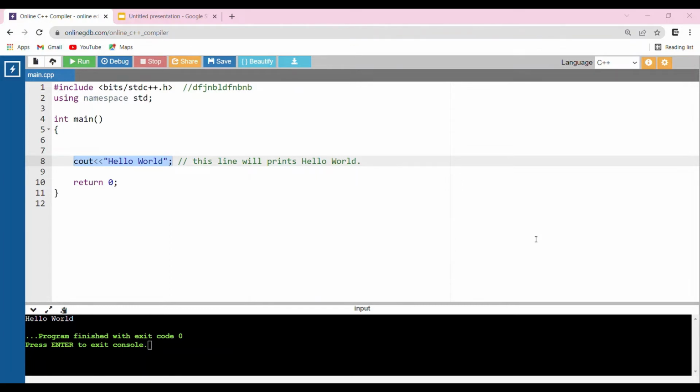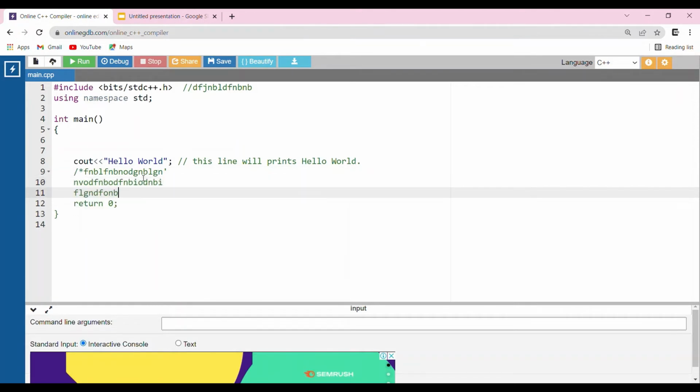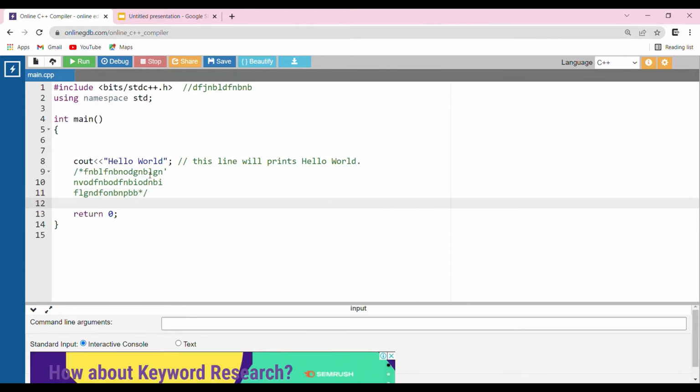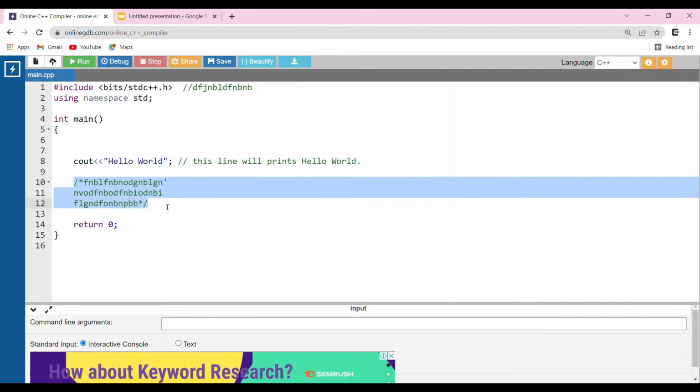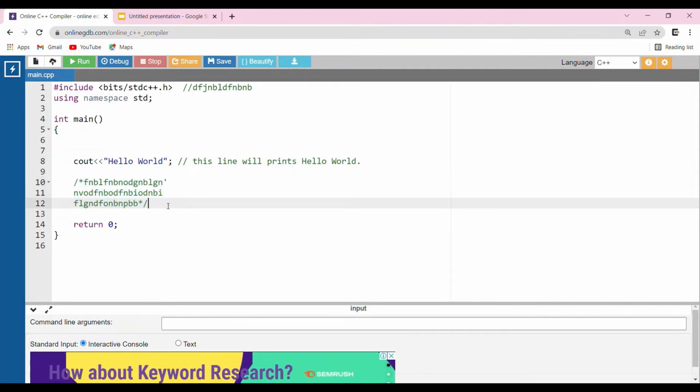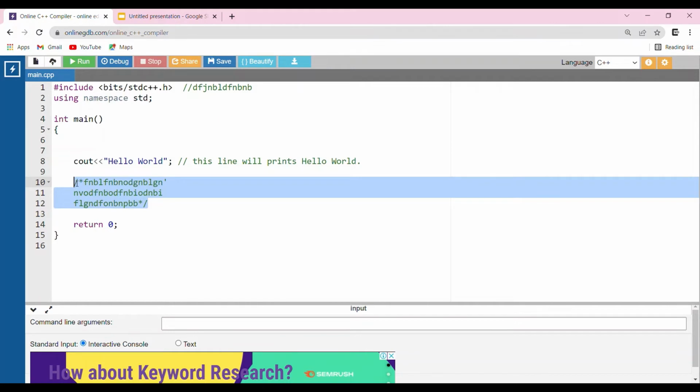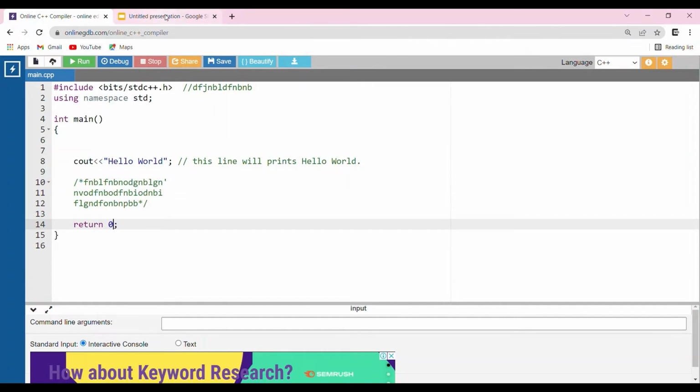Okay guys, now you know how to comment a single line. Then how to comment multiple lines like a paragraph? It is simple guys. You can use slash star and write something, and you can write till where you want. Again we should use star slash to complete this. Now you can see here guys, lines 10, 11, 12 are not read by the compiler. The compiler just leaves them like a dustbin, I mean unused code. It will directly skip from the 9th line to the 13th line. Okay guys, I think you understood about commenting lines.